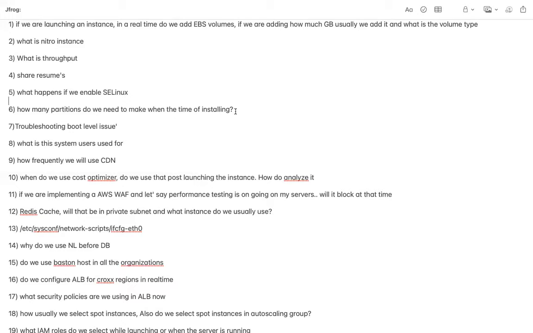The third partition we need is /home. Then we need one additional partition for data. Let us say we use it as an HTTP server or FTP server, then /var/www is also supposed to be mounted on a different partition. And finally, we need a swap partition also. These are the file systems we need in order to enhance performance. Otherwise, at the bare minimum, we can install our operating system with a single partition, which is slash, root.